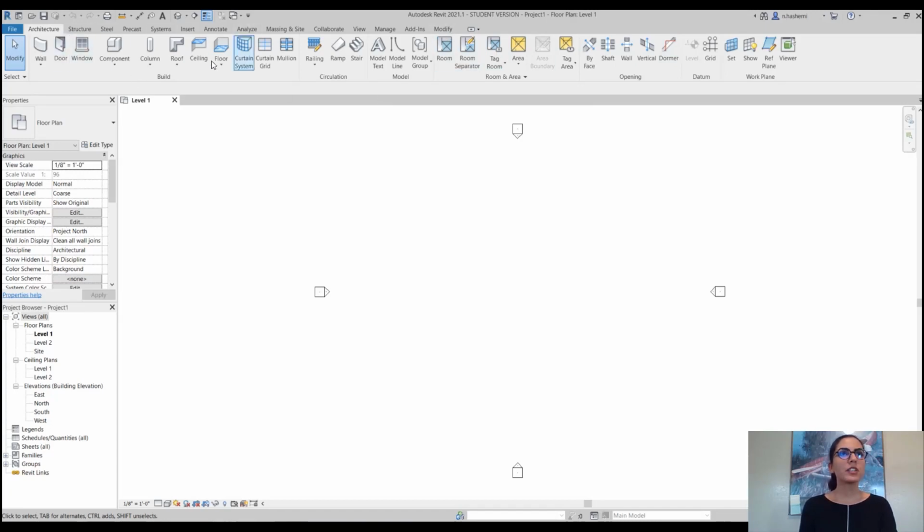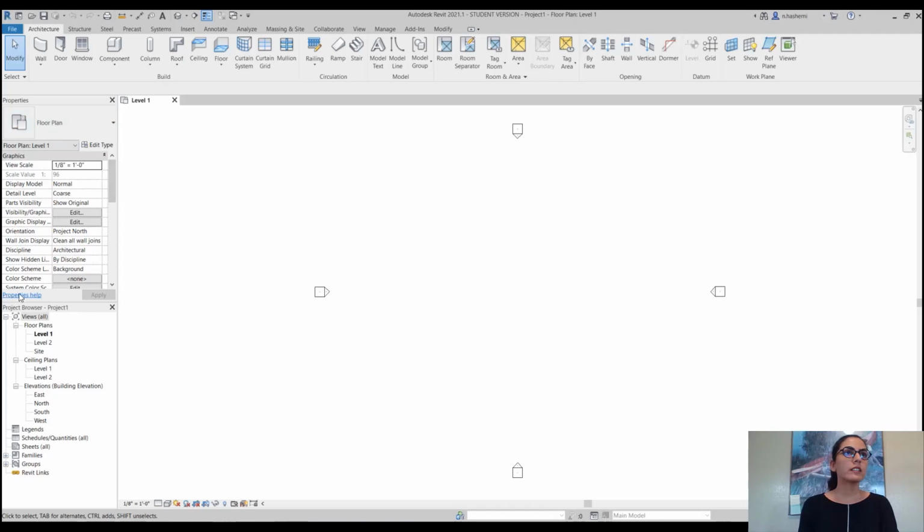This here is the ribbon, and we have different panels in a ribbon: build, circulation, model, room and area, opening, datum, and work plane. Within these panels, we have some tools like wall and door, and we can use these tools to create objects and create our model.